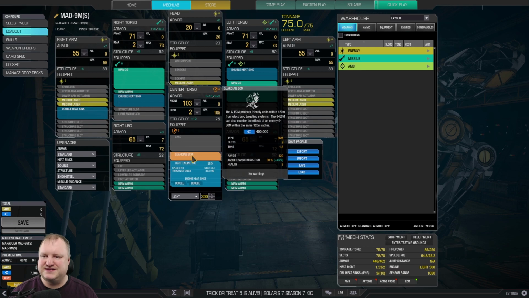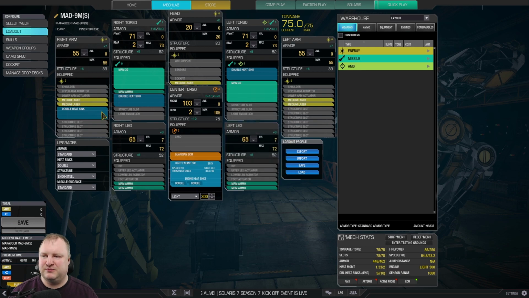We have Guardian ECM in this thing. We've got 5 medium lasers, 2 in each arm, and then 1 in the cockpit. We have 2 MRM30 launchers, each in the side torsos. Then we have 5 tons of MRM ammo and 3 extra double heat sinks. In order to fit all of that, we only have to lower the legs a tiny bit, but everything else is just hunky-dory. CT front armor 103, side torso 71, so we are looking very, very good actually